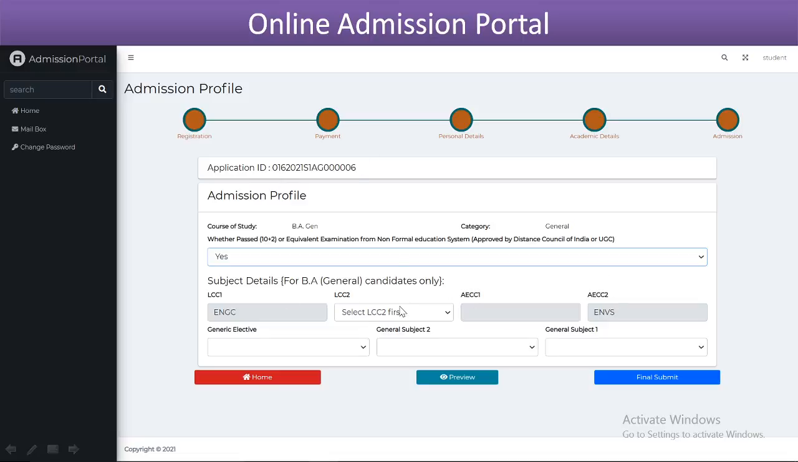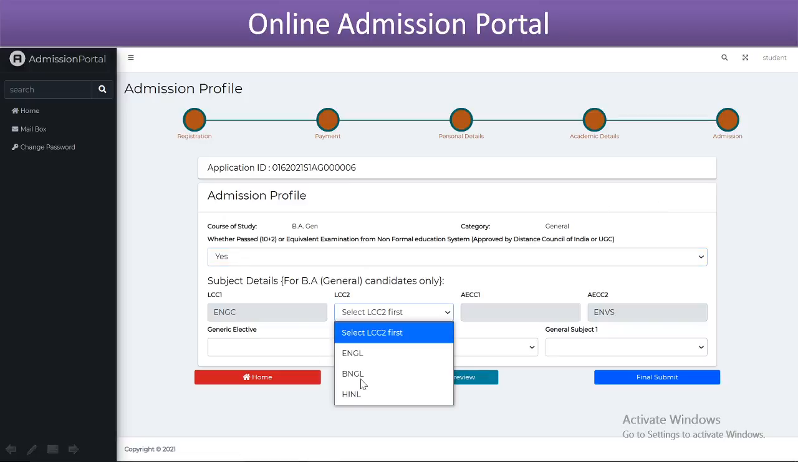Now in this case, the first thing that is allowed to select is the LCC2, the language core selection. When you click on the drop down, you will see there are 3: ENGL, BNGL, HINL. The details are already given in the code and their meaning is given in the instruction manual. Kindly read that properly. This is English, this is Bengali, and this is Hindi. So depending on the selection of this,